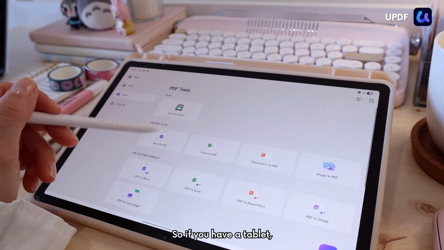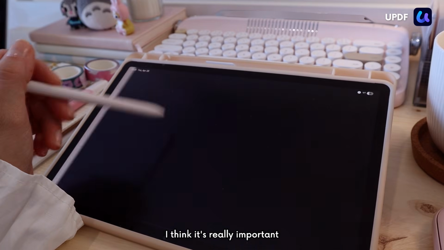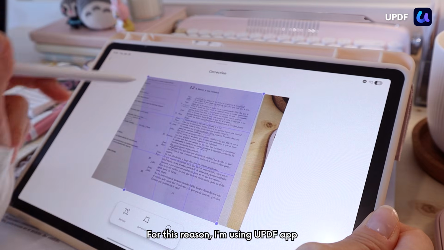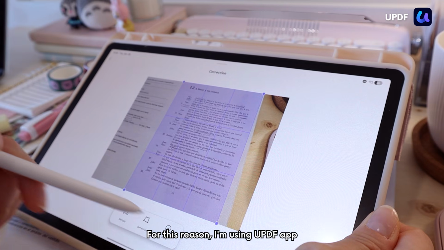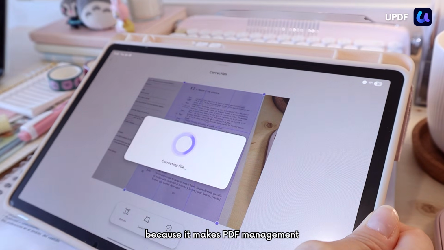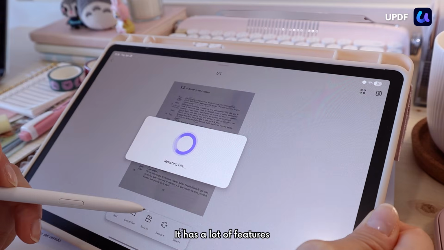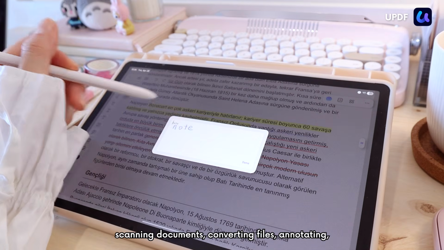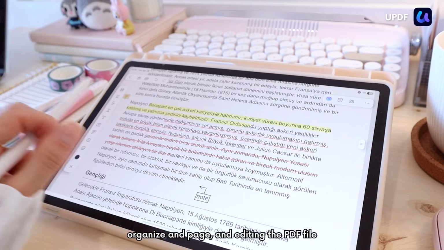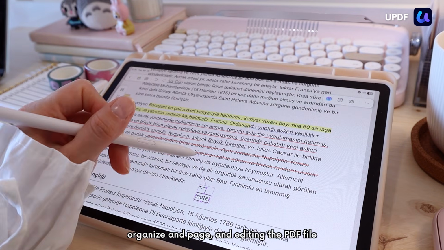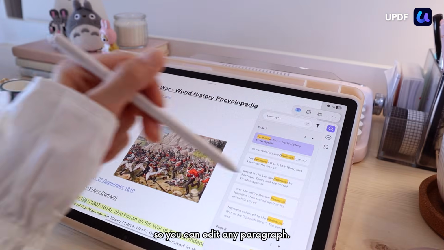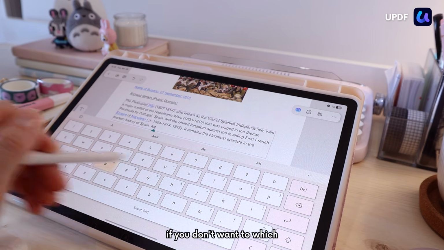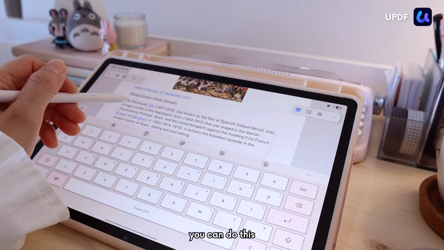So if you have a tablet, I think it's really important that you have a system for PDF management. For this reason, I'm using new PDF app because it makes PDF management so much easier. It has a lot of features: scanning documents, converting files, annotating, organizing page, and editing the PDF file. So you can edit any paragraph. You can move elements or delete them if you don't want to, which you can do in most of the